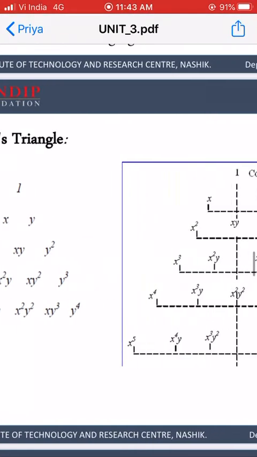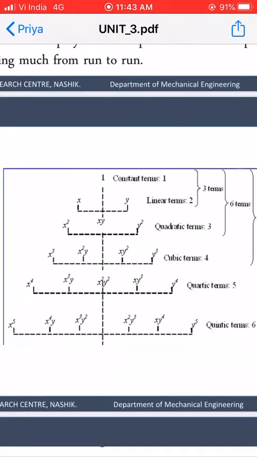Okay, so we will see this here. If we need to write down the two-dimensional polynomial shape function for a constant term, then there should be only one term. It is nothing but your a1. Then if we need to write down a two-dimensional linear polynomial shape function, then there should be three terms. The first one is constant and the second is for linear terms, 1 plus 2, equal to a total of 3 terms. So 1 plus x plus y should be a linear two-dimensional polynomial shape function.